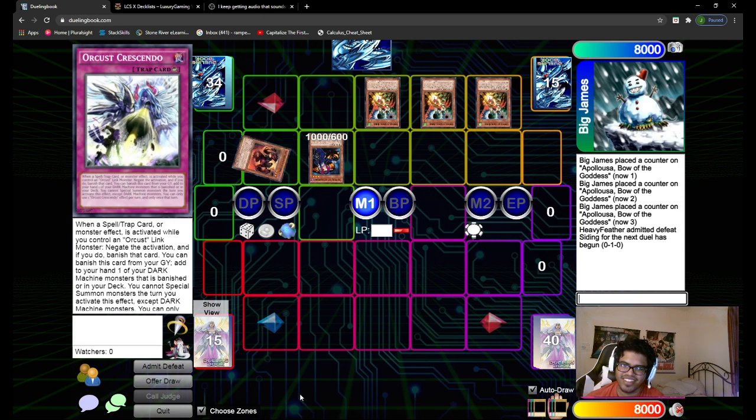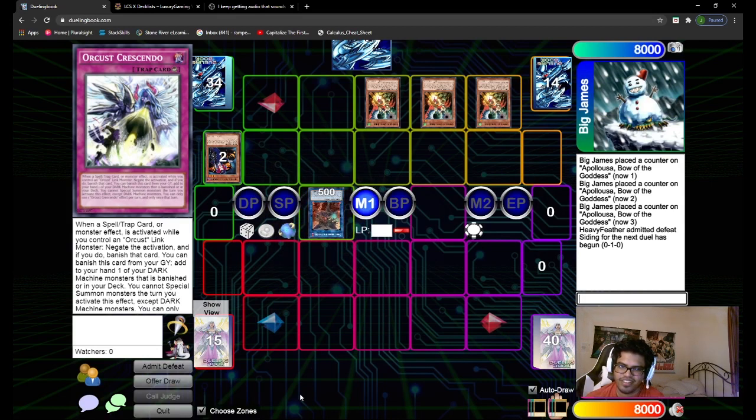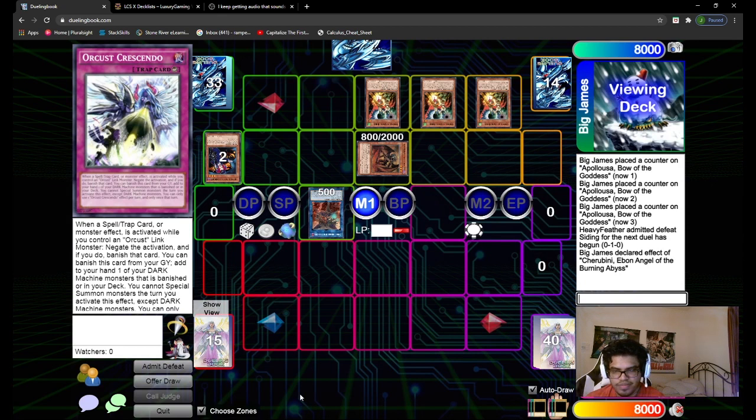And then you will go ahead and link these 2 for Cherubini. And then the Graph will special. Go ahead and special the Scarm. And then you will use the Beanie effect for cost. To send Seer. Seer effect will then summon back graph,